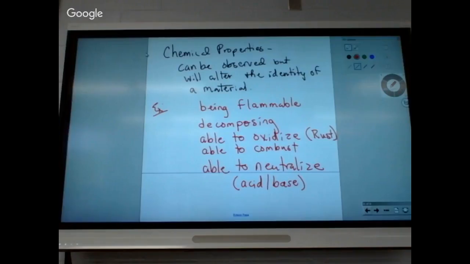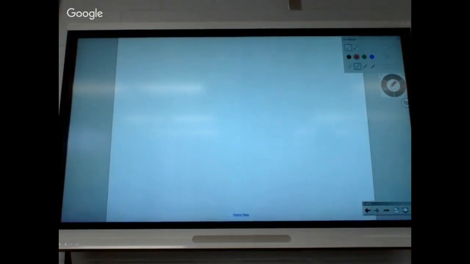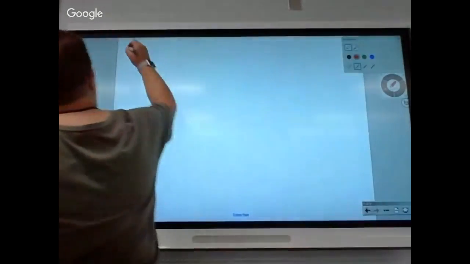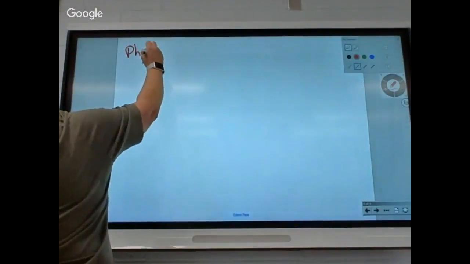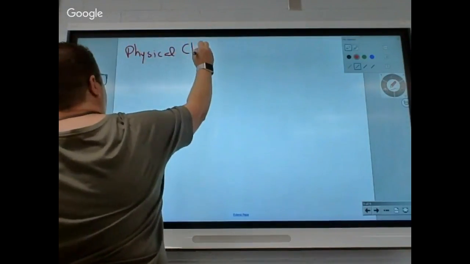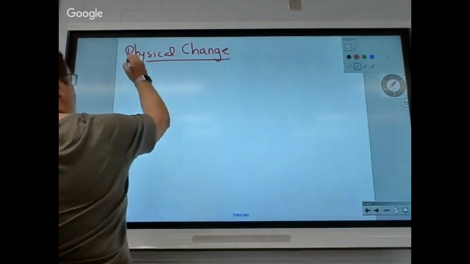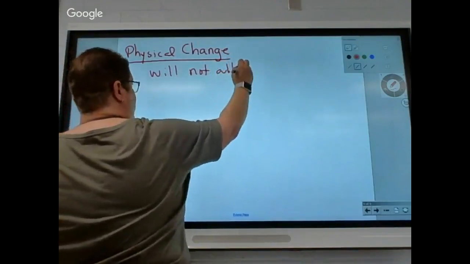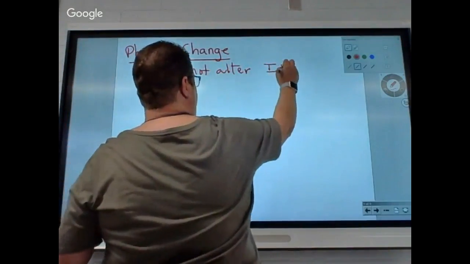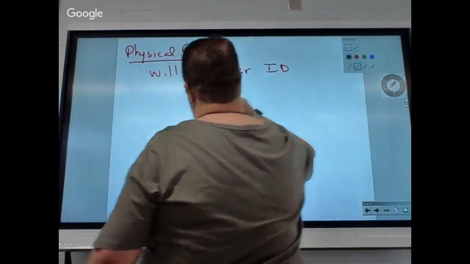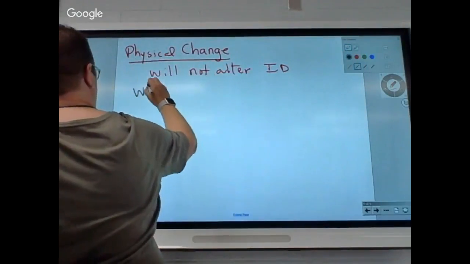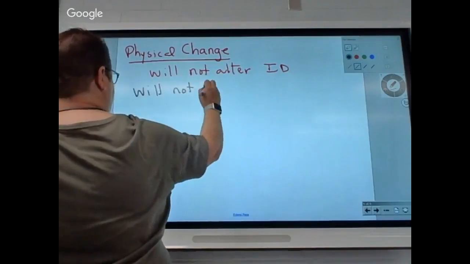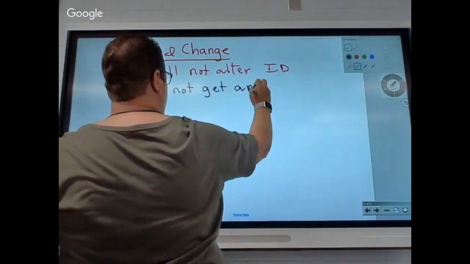Okay? All right, now let's talk about the last piece so that we can do the lab today, I hope. Now, we won't be able to finish it today, but we should be able to at least do half of it, I think. All right, so physical change. Now, physical change, all right, will not alter identity, first of all, which we've already talked about. All right, but the key here to being a physical change is you will not get a new